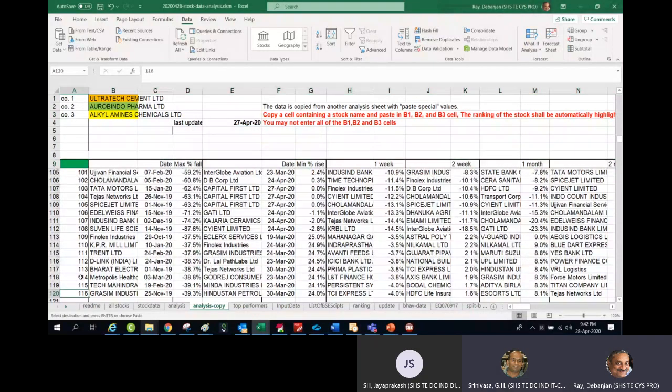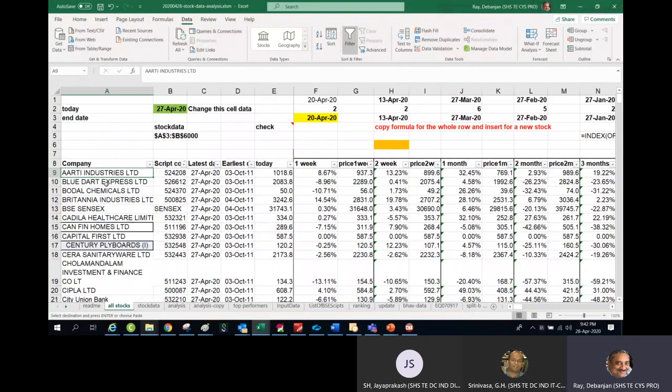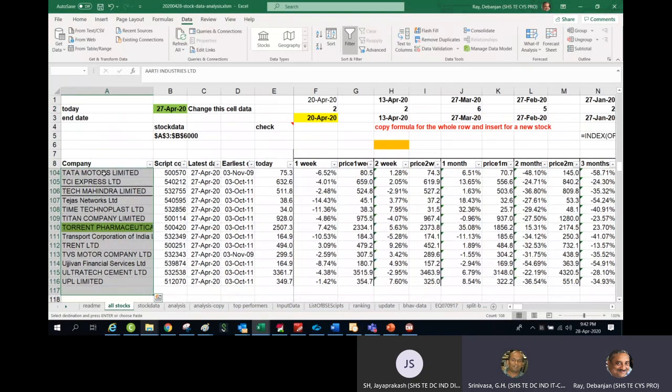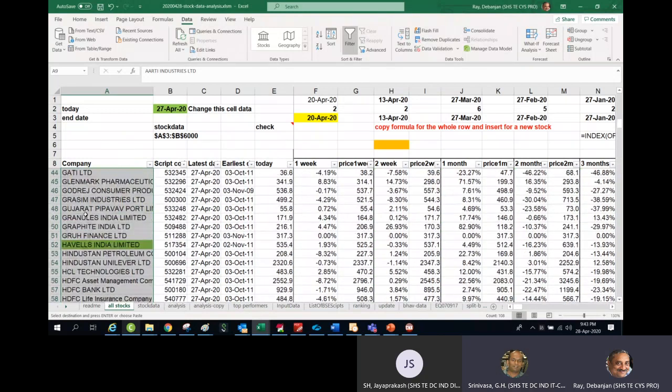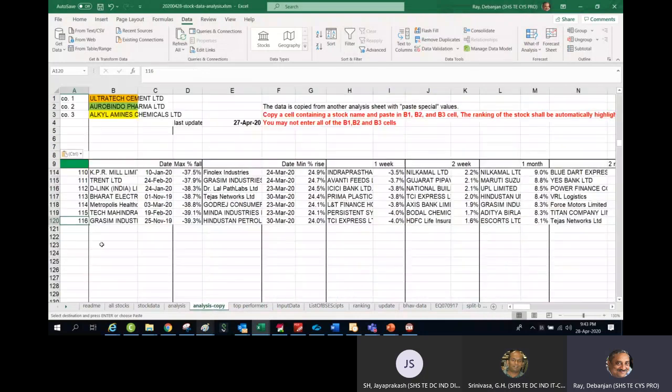Now I see there are a total of 160 stocks. I go back and cross-check how many stocks I had there. I select all the stocks. This is the total, 160. Not 160, it's a little bit less.